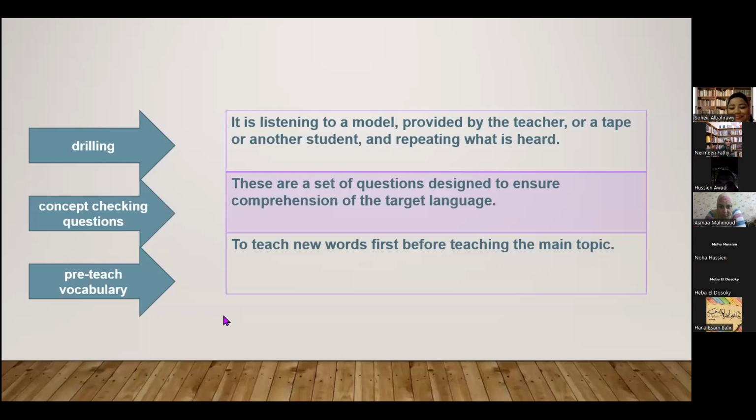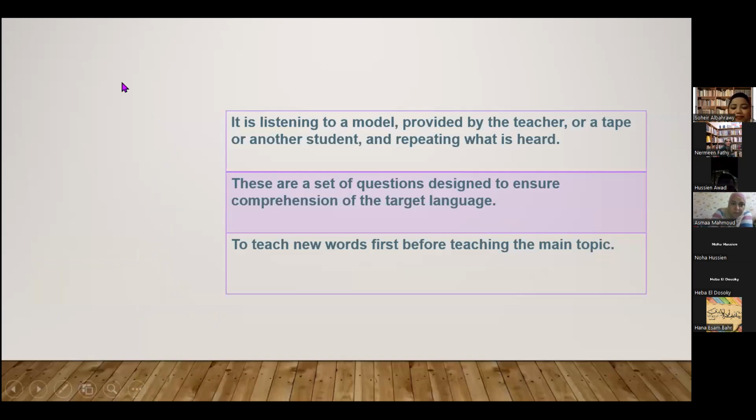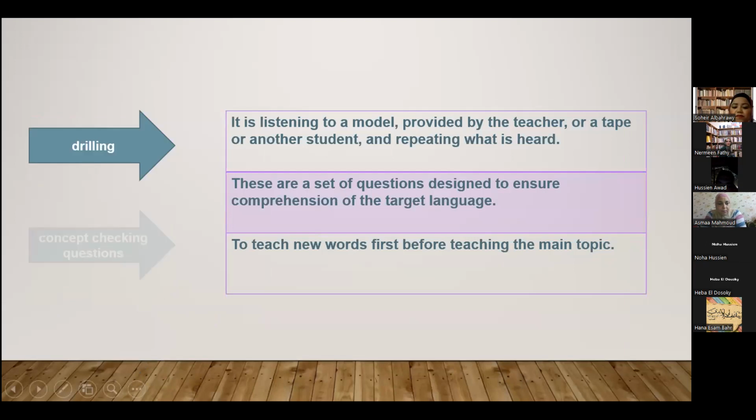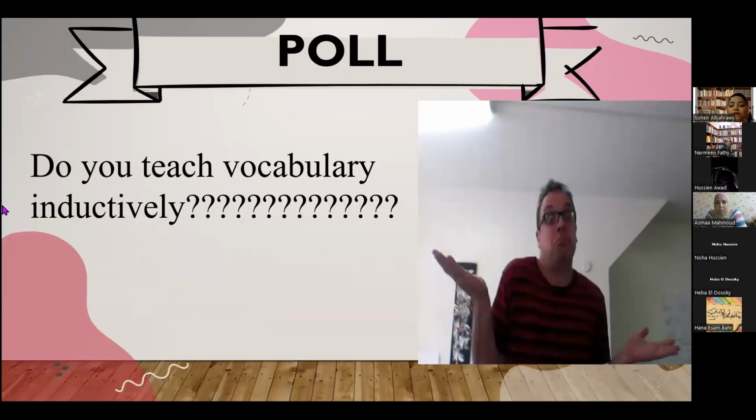Thanks, my dear. Previous slide. Okay. Just four seconds. We have a